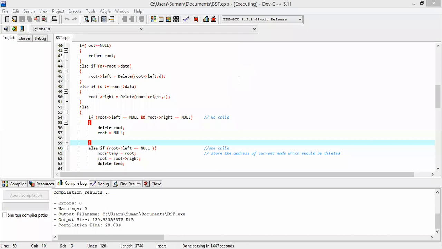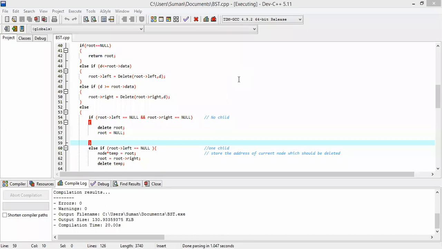Now if we want to search a number, I enter 67. This 67 is not present in the tree, so it shows item not found and search unsuccessful, because the number we want to search is not present in the list.